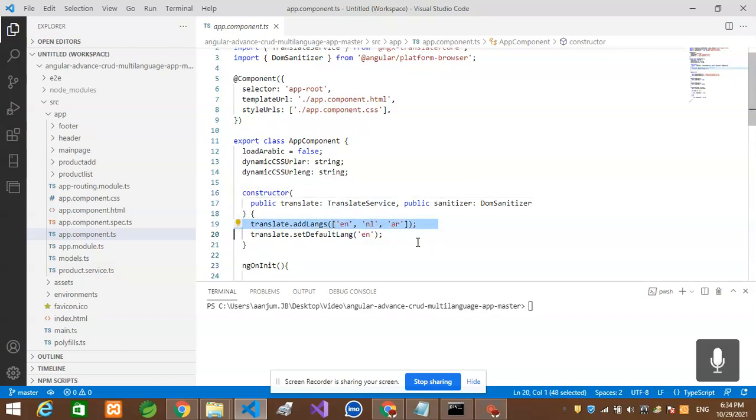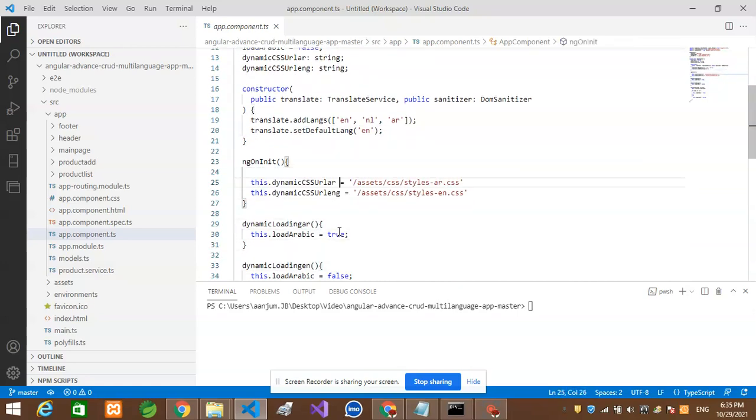Here we set the number of languages. We are supporting three languages in this application: English, French, and Arabic. Here we set all these languages, and we set the default language to English. These settings are required in app.component.ts.